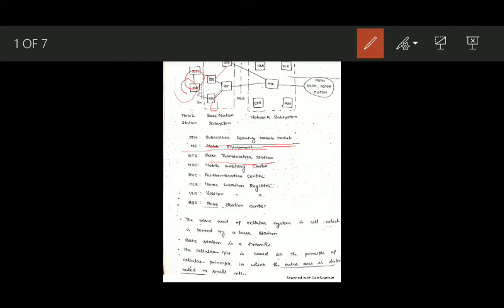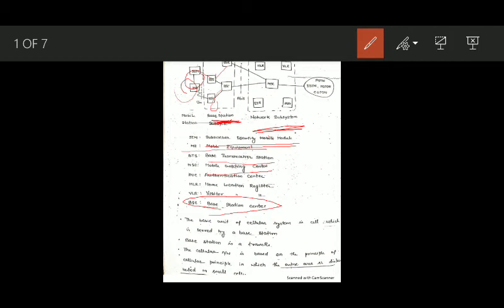So these base transceiver stations are connected to the BSC, the base station controller. All the towers are connected to the base station controller. Many base station controllers in your locality are connected to the MSC. This is the base station part, and here the network subsystem starts. Now the base station controller is connected to the MSC, the mobile switching center. All these base station controllers are connected to one mobile switching center covering a very large geographical area,